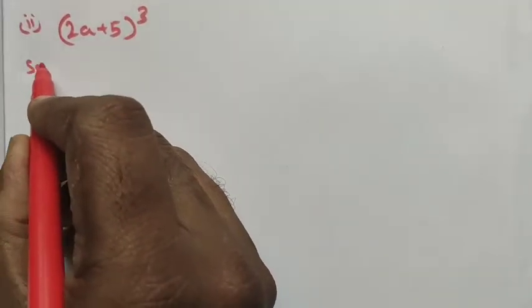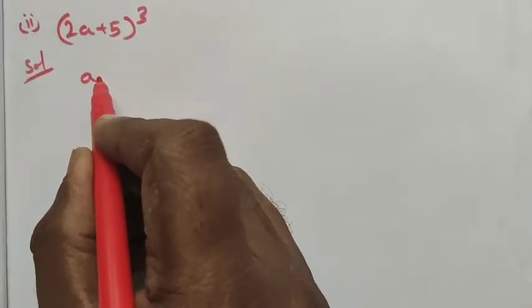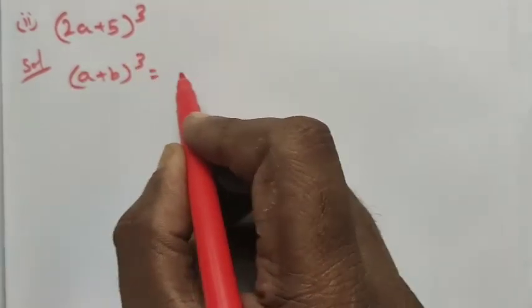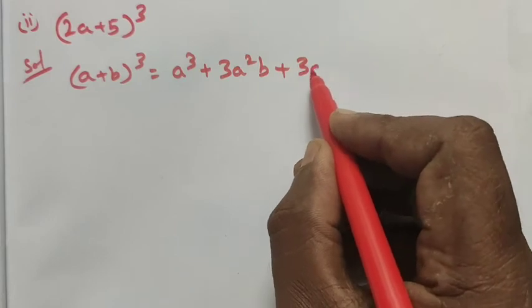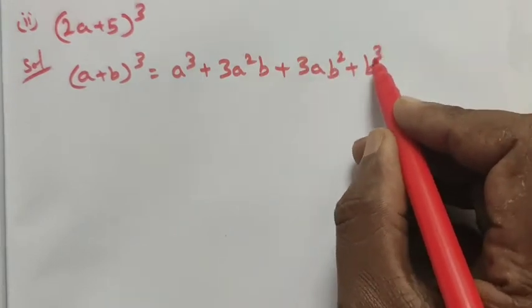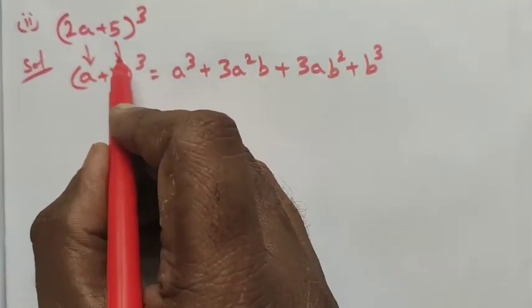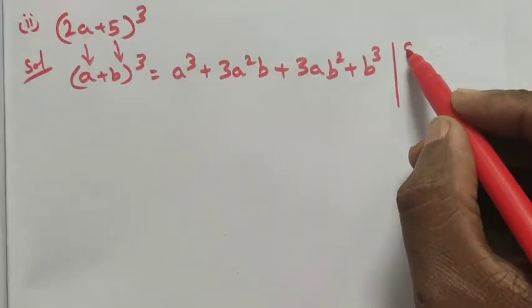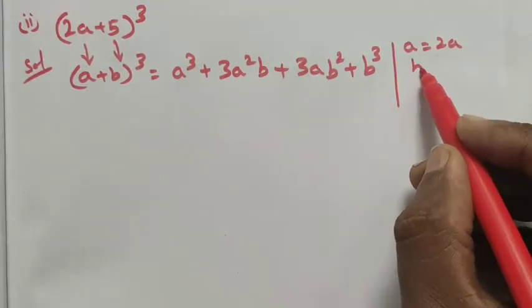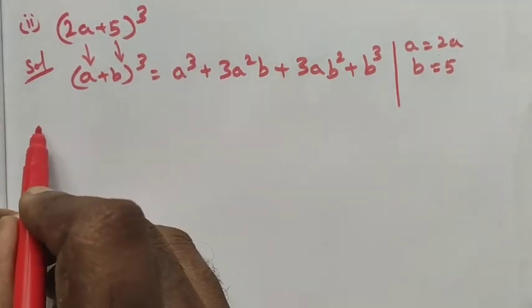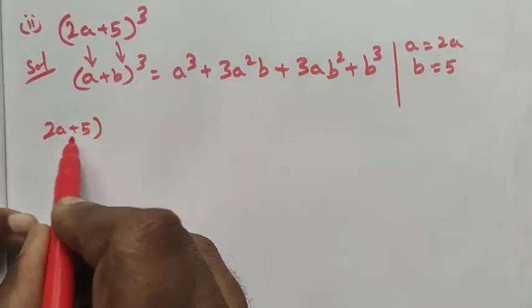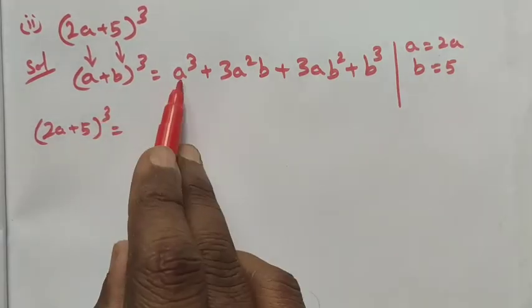The same formula we are using. Solution, that is (a + b) whole cube is equal to a cube plus 3a square b plus 3a b square plus b cube. Now compare with this a and b. In the place of a is 2a, in the place of b is 5. Now substitute in this term, that is (2a + 5) whole cube is equal to